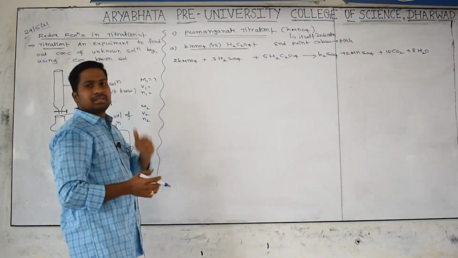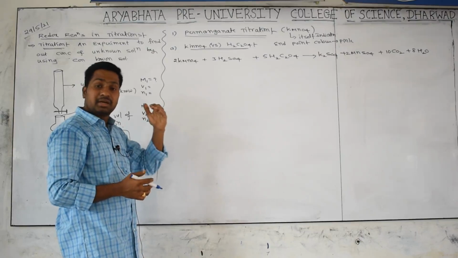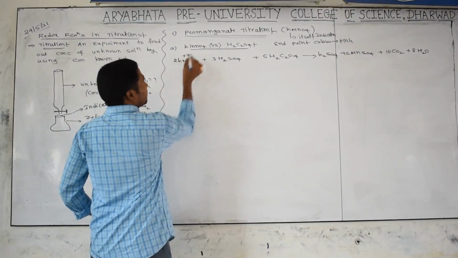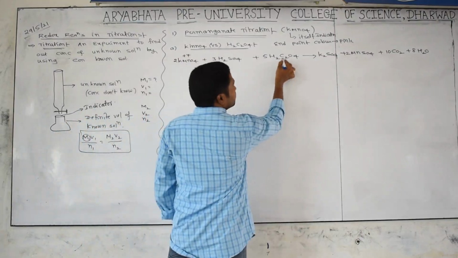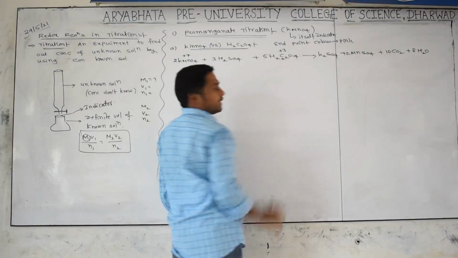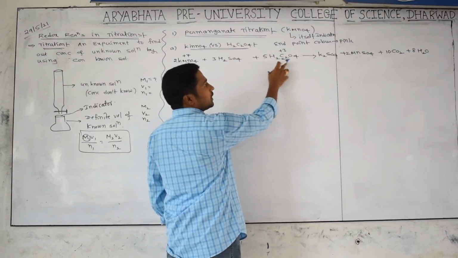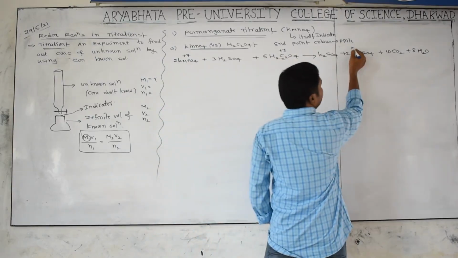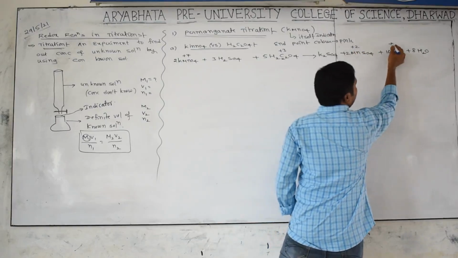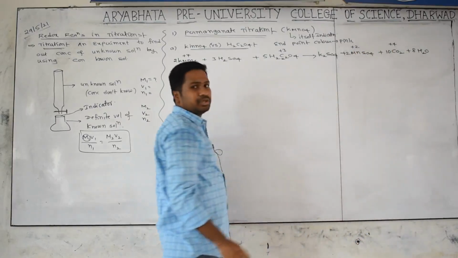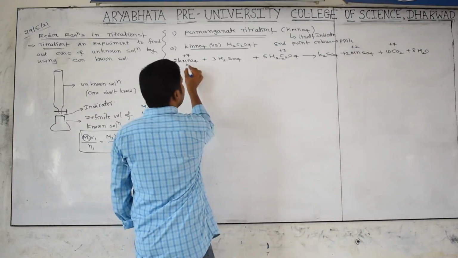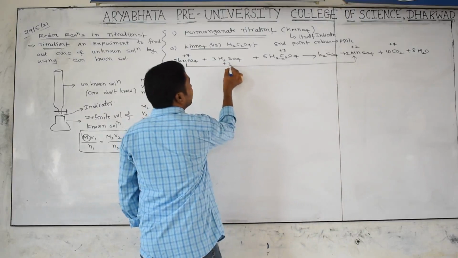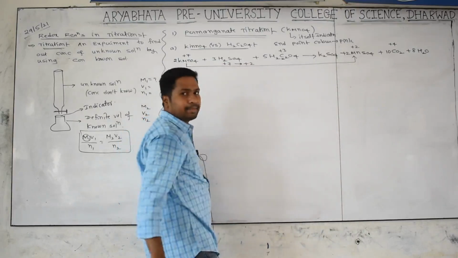Why are we discussing this under redox reactions? It is a titration, but it is undergoing a redox process. Just check it here. Manganese oxidation number is +7. Here the carbon oxidation number is +3: 2 plus 2x minus 8 gives +6, divided by 2 is +3. In the product, the manganese oxidation number is +2, and the carbon oxidation number is +4, with no change in the other oxidation numbers. Manganese changes from +7 to +2, which is called a reduction.